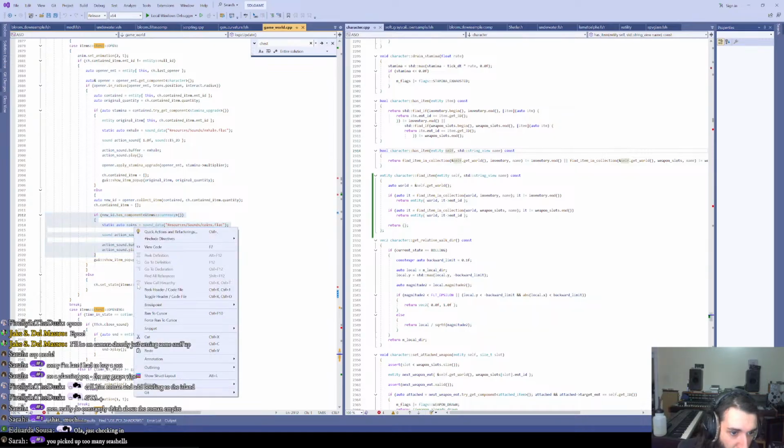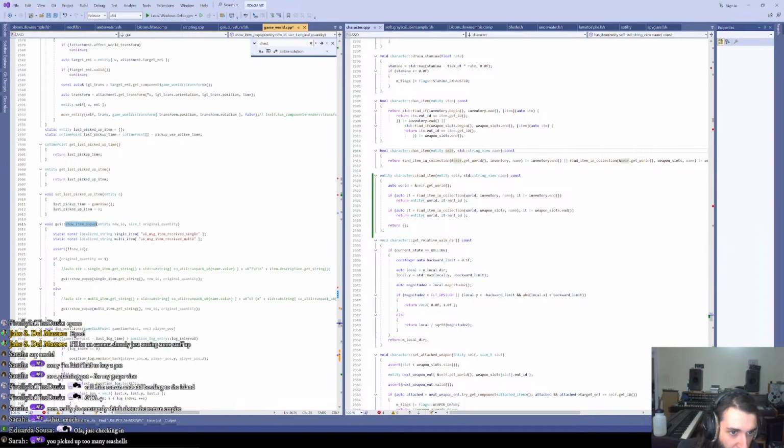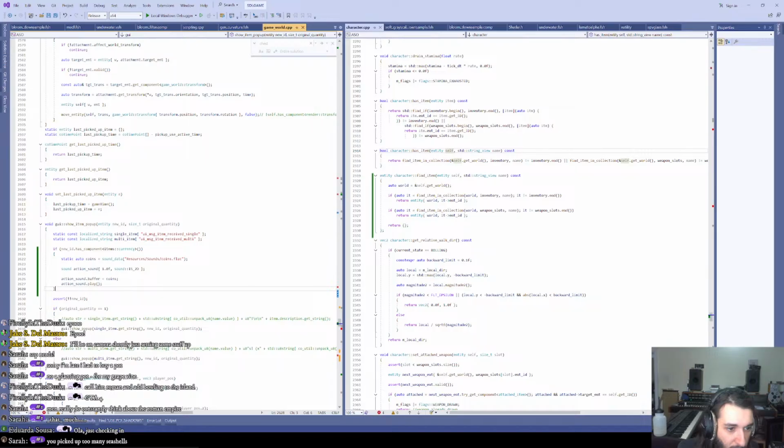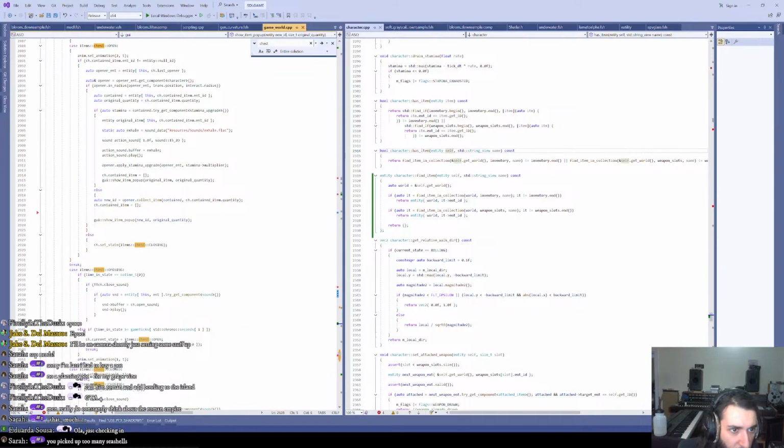So that's in here. So this is actually, yeah, show item pop-up. Okay, so we're gonna have to do... If that has a currency, it's going to make the coin sound. And if it has the stamina,